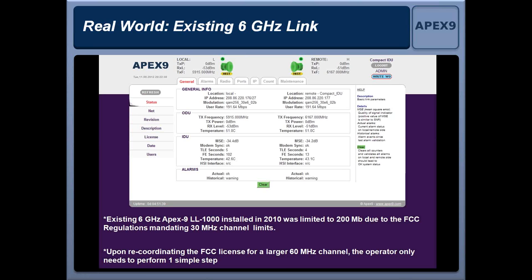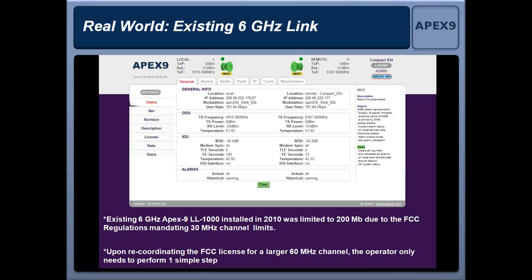So now that we've talked about what changes are being made, let's get into the real world and talk about what that means. In the case, and we are specific to our hardware because that's what we know, if you have an existing 6 gigahertz link out there, and this is an example of a 6 gigahertz link that was installed back in 2010, due to FCC regulations with their 30 megahertz channel limits, the radio platform was